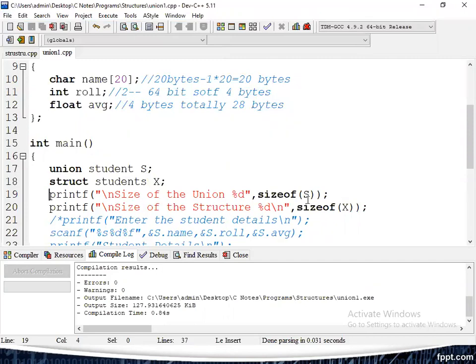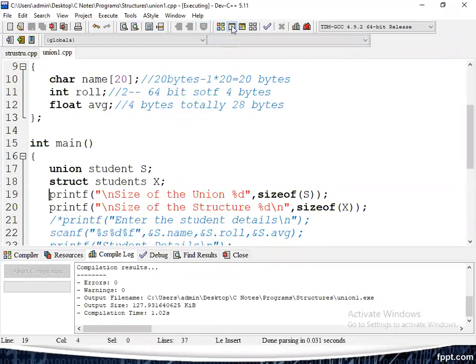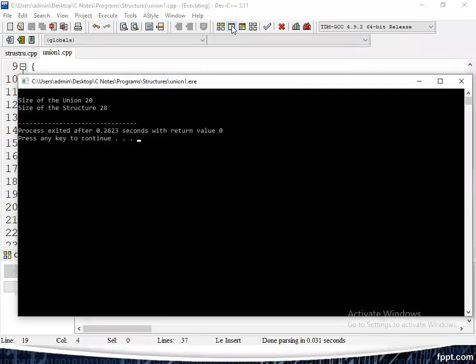It displays the total number of bytes occupied by that variable. So s is a variable of union student; how much space is occupied by the union? Let us verify. Size of the union is 20, size of the structure is 28.